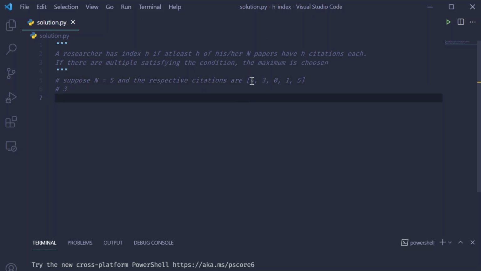If we take 3, we have 4 which is greater than 3, 3 is equal to 3, and then 5 too. So we have 3 numbers which are greater than or equal to 3, and therefore